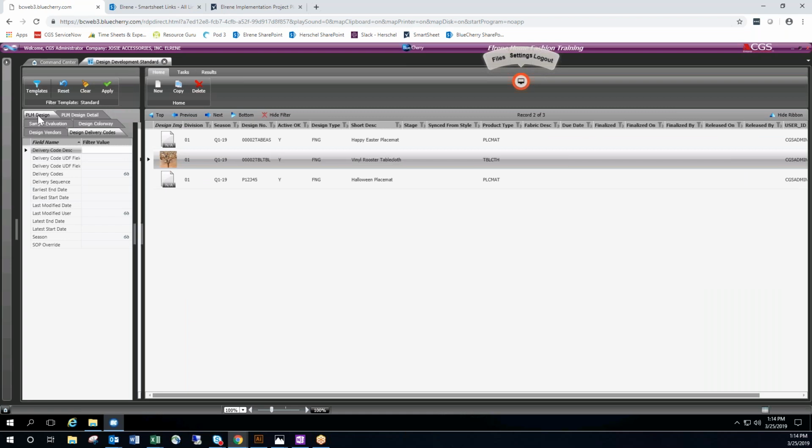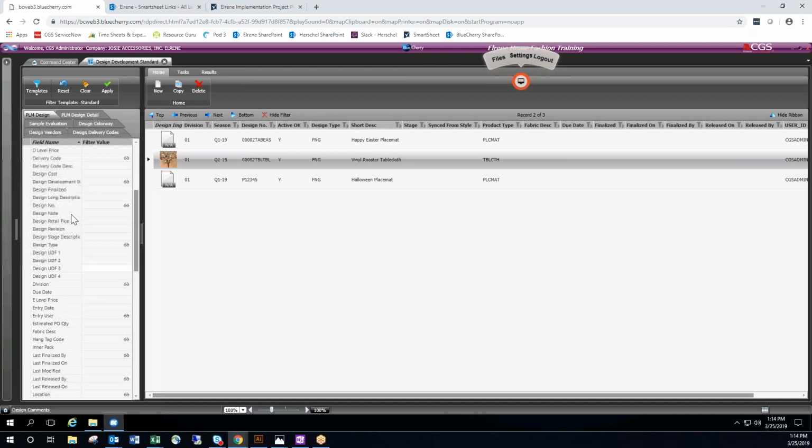Most commonly, you guys will use this PLM design. These are all the fields that you can search on in the tech pack, and a lot of those are on the design info in the header. The most common one that we'll use is probably short description for you guys. So for instance, to do an example here, go down to short description. Part of the reason why you have to scroll through this stuff is why you would build specific templates. What we would do here is launch the filter builder, and this is something